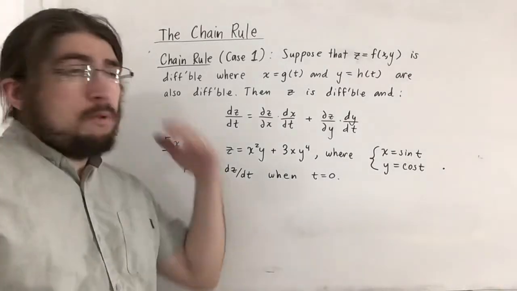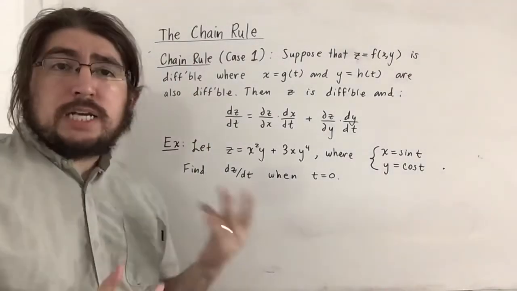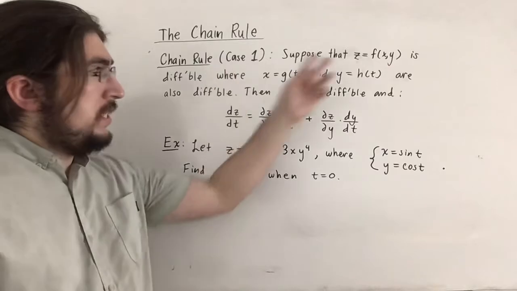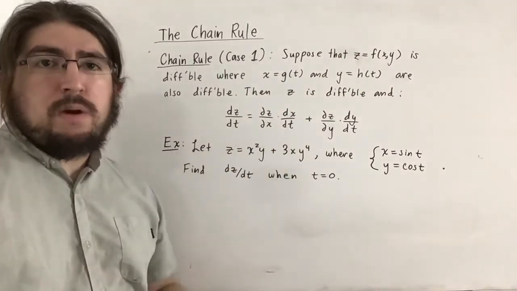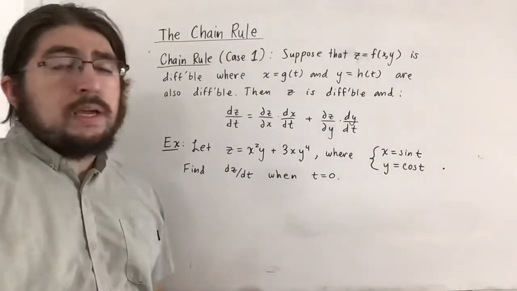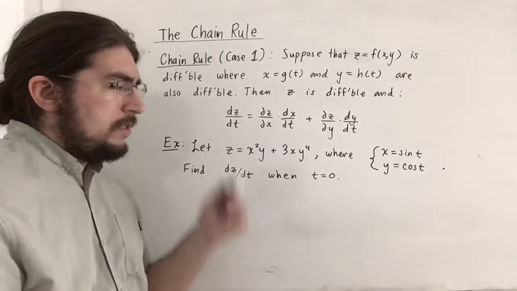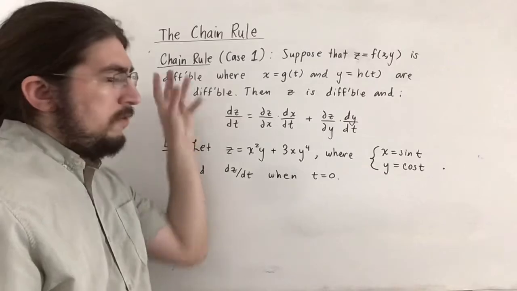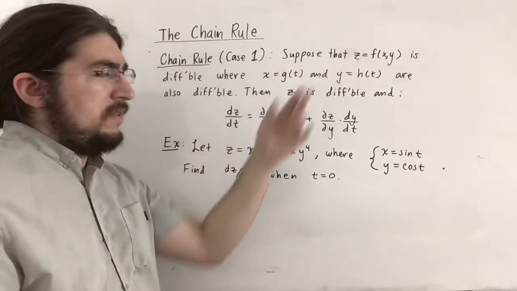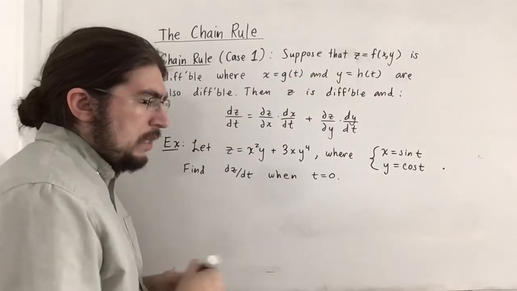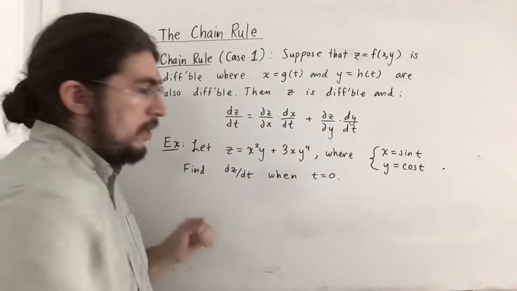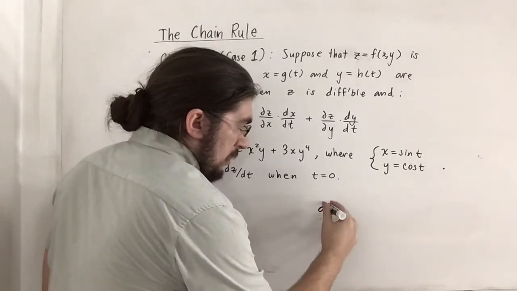Hello everyone, today we'll be discussing the chain rule, and there are actually two cases: one where our functions x and y are functions of one variable, and the second case would be when x and y are actually functions of two variables each. But we'll get to that soon enough. For right now, let's just focus on the first case where x and y are functions of only one variable. And let us recall the big result from the last video, which is that the total differential